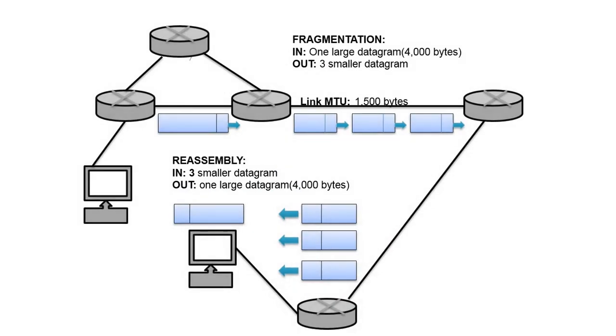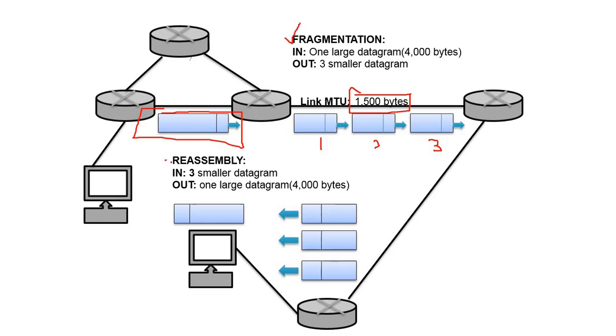Same thing, let's see the fragmentation, how fragmentation occurs. Suppose there is one IP datagram of 4000 bytes. We are dividing this entire large datagram of 4000 bytes into three parts: 1, 2 and 3. We are keeping the size of each datagram at 1500 bytes. So we can make a partition like this. This thing is known as fragmentation.